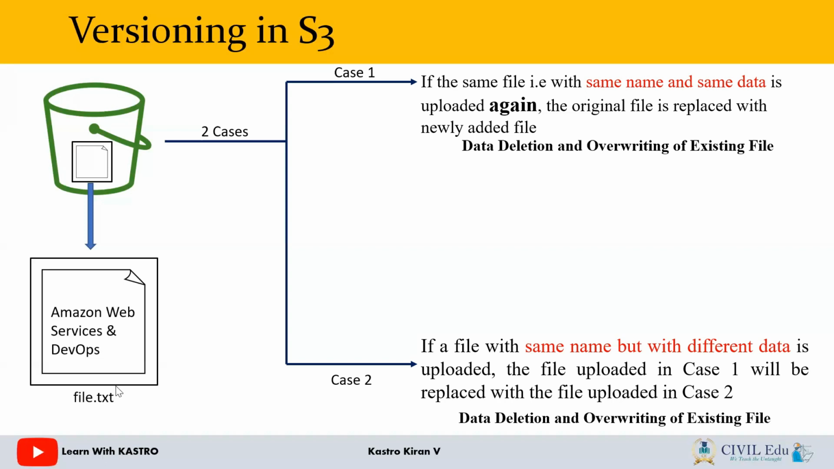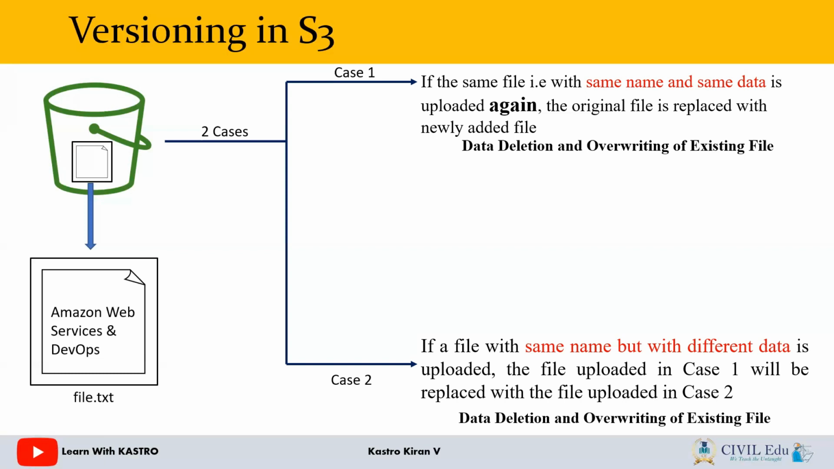Suppose if you want to add a new file with a new name, then there won't be any problem. The data deletion and overwriting of the existing file will not happen. The problem comes only when you have the same file name and you upload the file with the same name multiple times. Every time you upload, the old file will get replaced with the new file. So data deletion and overwriting of the existing file is one of the common problems that we face